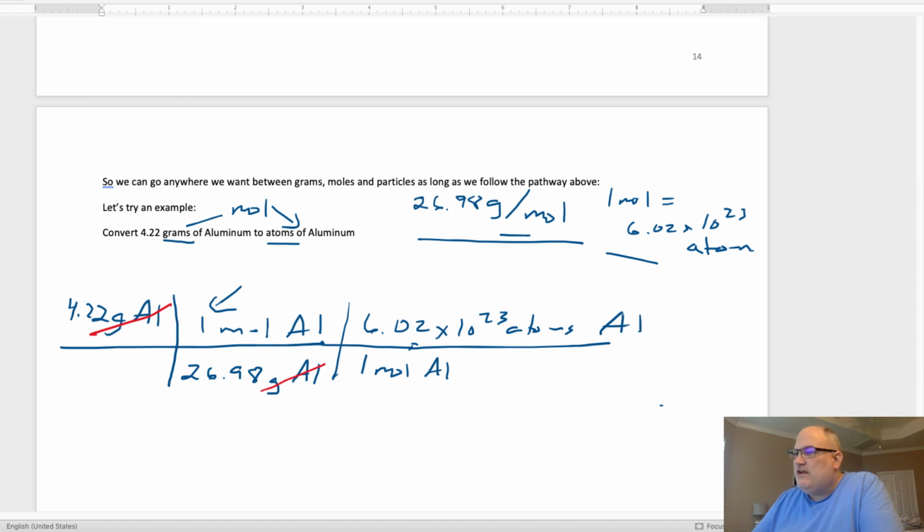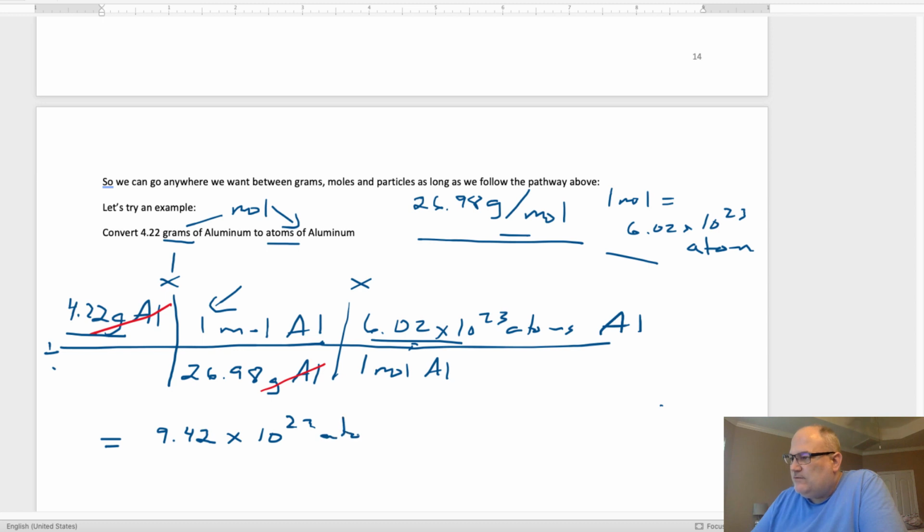Now, all we have to do is remember, anytime you have a line, that means multiply. So we have to multiply and multiply, and then we're going to have to divide everything on the bottom. There's only 2 numbers we have on the top here, 4.22 and 6.02 times 10 to the 23rd. So we're going to multiply those 2 numbers together, and divide by 26.98. Well, off screen, math happened, and I ended up with 9.42 times 10 to the 22nd